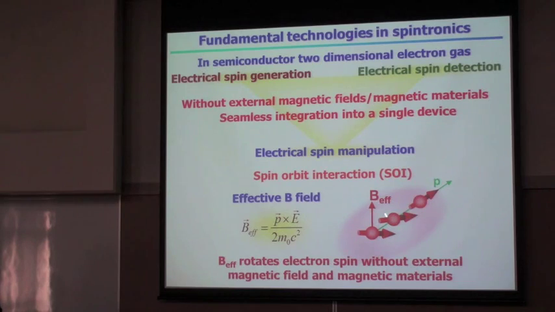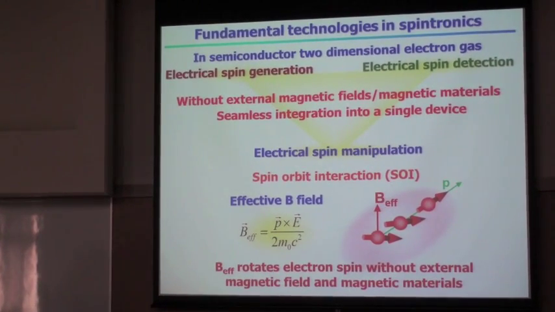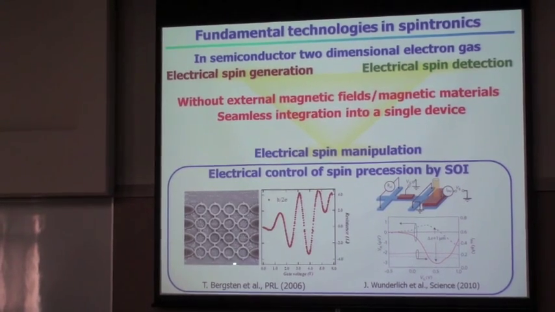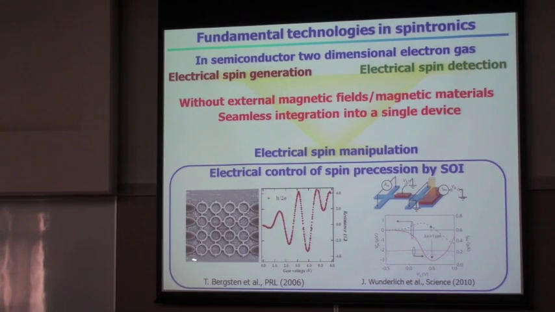So this spin starts to rotate around this effective magnetic field without external magnetic field and also the magnetic materials. By using this advantage, the electrical control of the spin precession has already been demonstrated in such a spin interference device, and also recently with spin Hall effect transistor structures. However, the electrical spin generation and the spin detection by using the spin-orbit interaction are still a challenging problem,